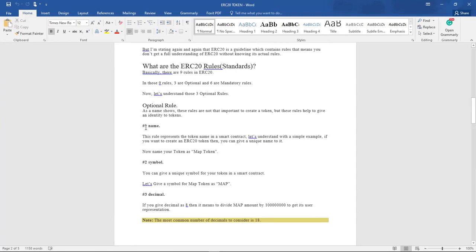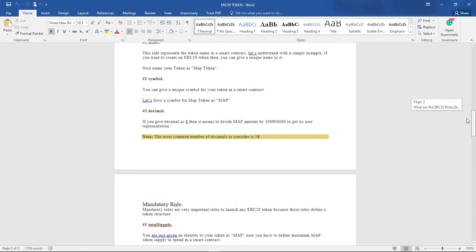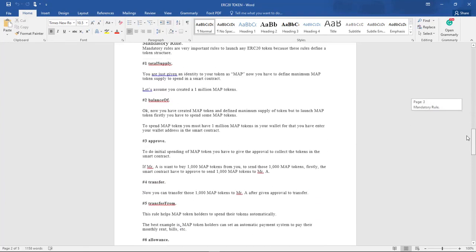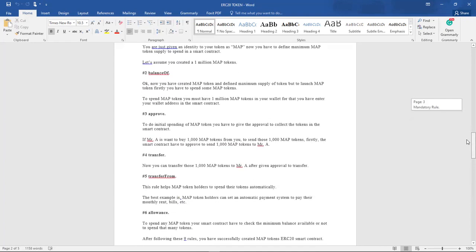But I normally say it's important to put the three optional rules; just make it mandatory to add the name, the symbol, and the decimal of your ERC20 token. Alternatively, the identifier of your ERC20 token will be the contract address, which is really bulky to remember.